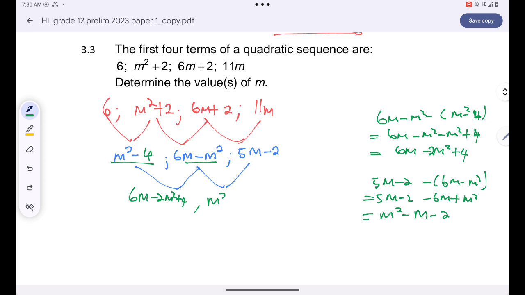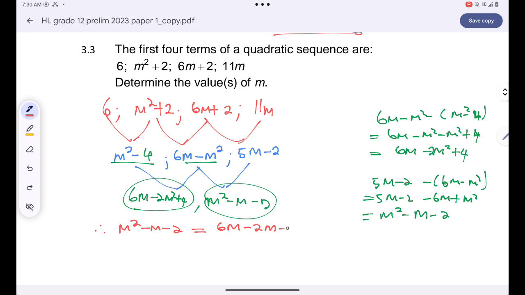These two belong in the second difference, and I know that my second difference is common. I can therefore conclude that m squared minus m minus 2 is equal to 6m minus 2m squared